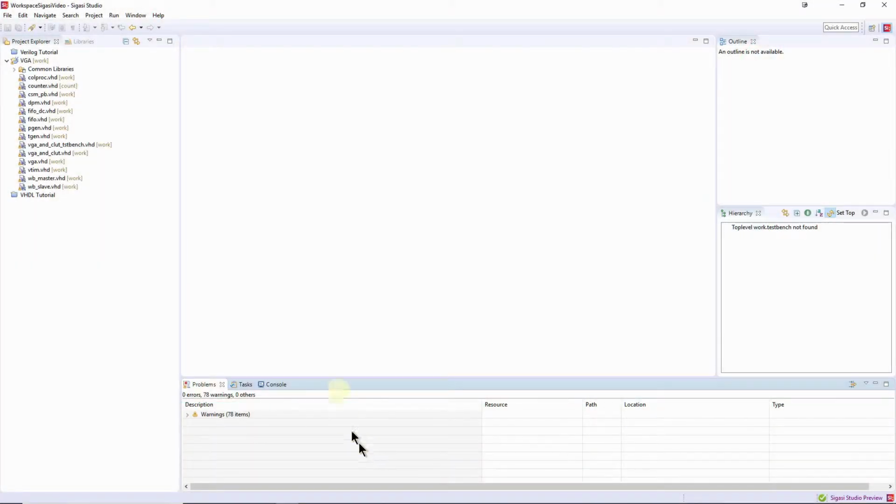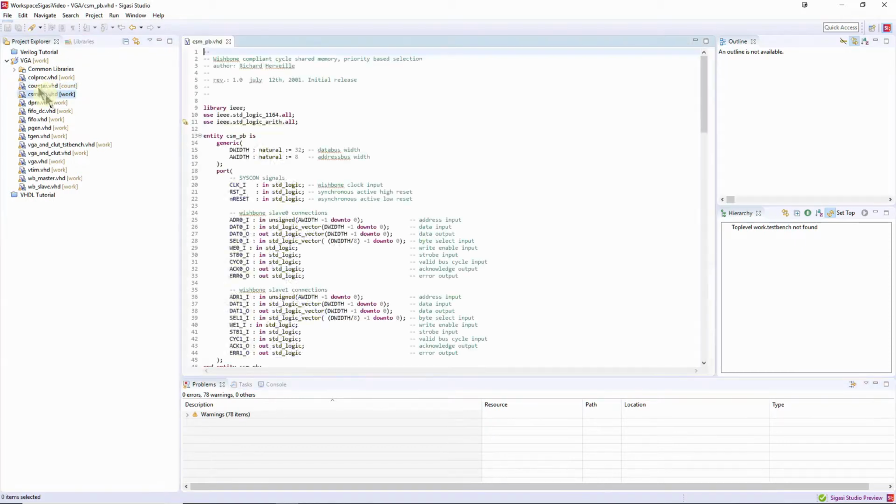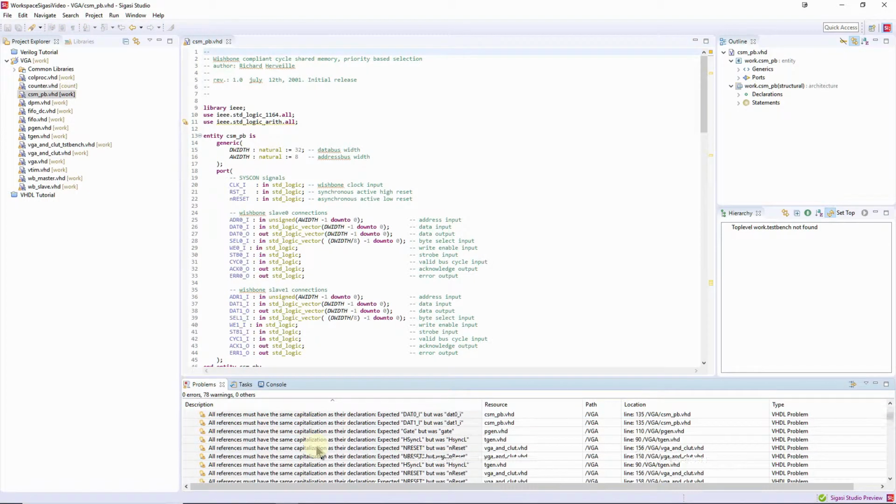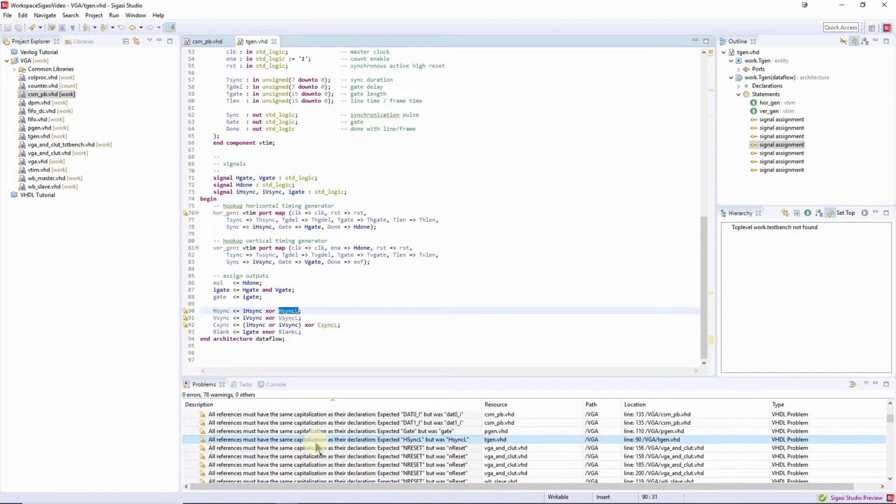Here you can see we have a design already open. This is a simple design off the internet and forms part of a VGA controller. As you can see, this design has a number of issues already flagged, typically around the issue of capitalization of signals being constant through the design. Quite an easy fix to make. What we'll do is we'll now set up ALINT-PRO so it will work with Sigasi Studio, and then run an